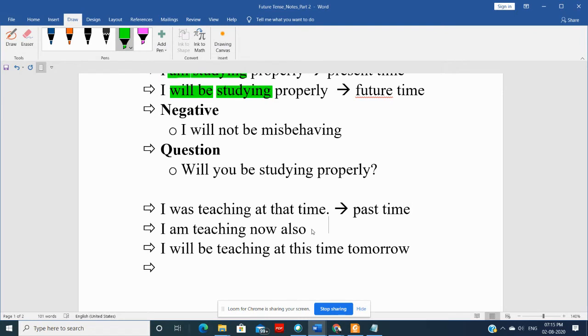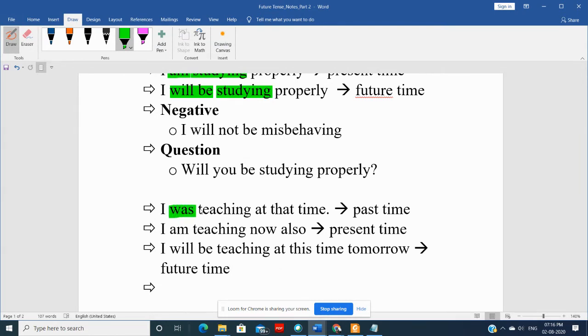That is past tense. Then I can say that, well, I'm still teaching, so please don't talk to me right now because I'm referring to present time here. And here, when I say future, then I'll say that I'll be teaching at this time tomorrow also, so please don't call me at this time. All right? So, in case of future tense, see, how do we change this?